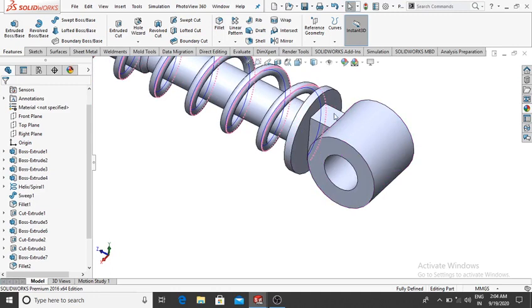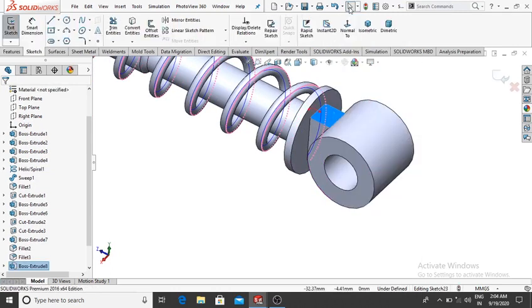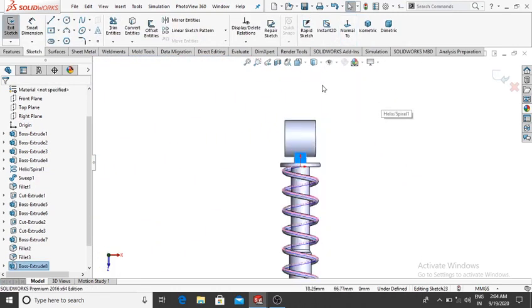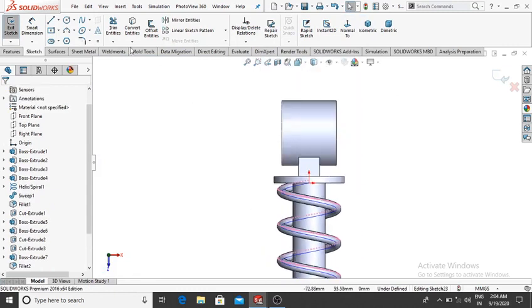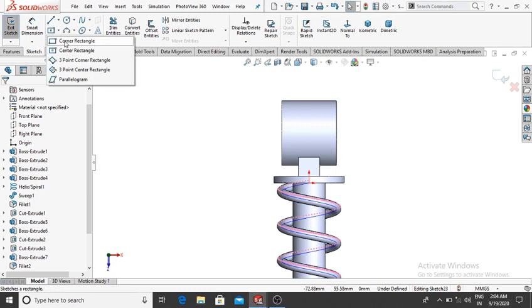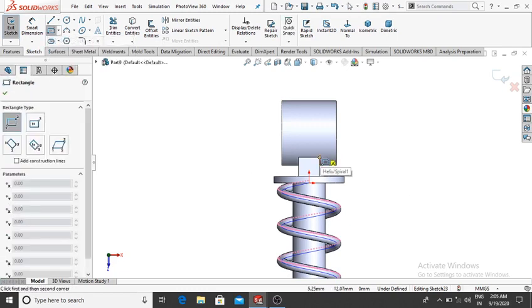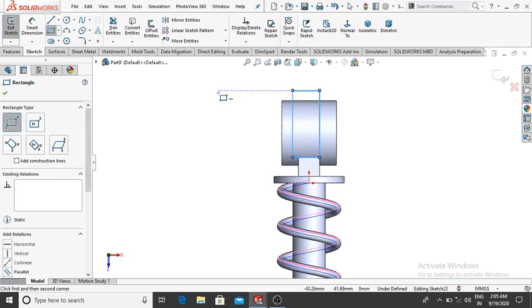Again select this face, right click, sketch, normal, and here we also make the corner rectangle from this point, so select corner rectangle and from this point make the corner rectangle up to this one.